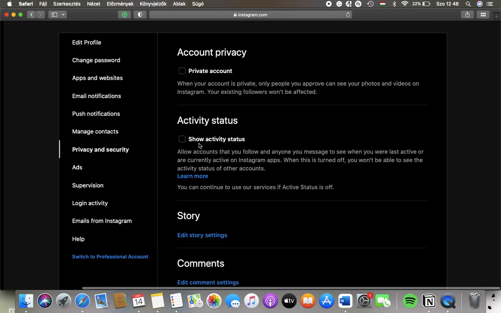And here you can turn on Show Activity Status by tapping onto this box, meaning that it will be shown when you were last active or whether you are currently active. When this is turned off, you won't be able to see the activity status of other accounts. So basically that's it. If you want to disable it, just simply come back to this section and tap on the check mark icon and it will be turned off